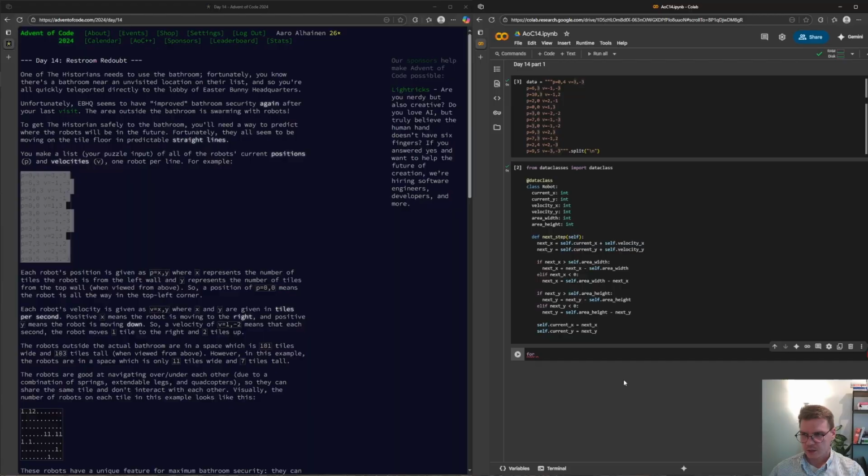So we can just do for robot in data, we want to split the values so that we have the position and then velocity, which is then robot dot split from the space. Then we want to remove the p equals and v equals, and then return the values there.